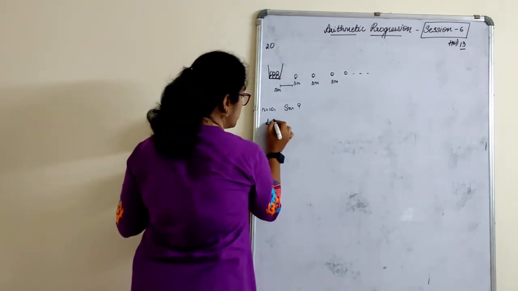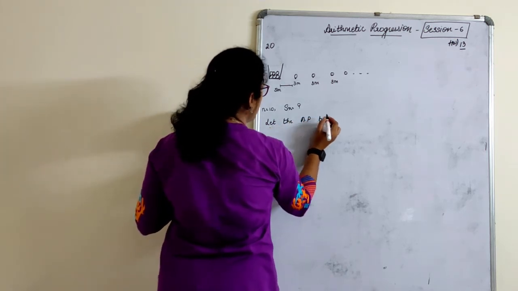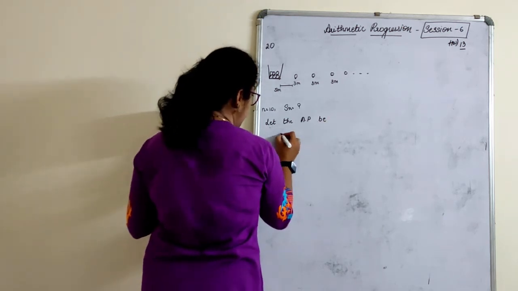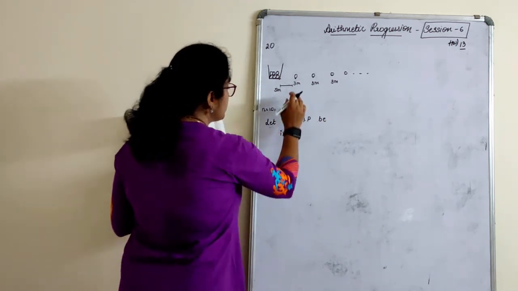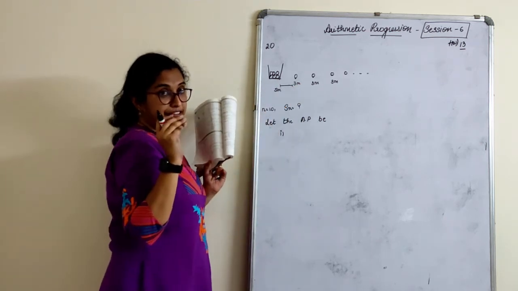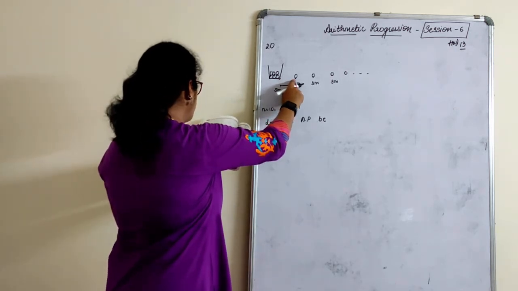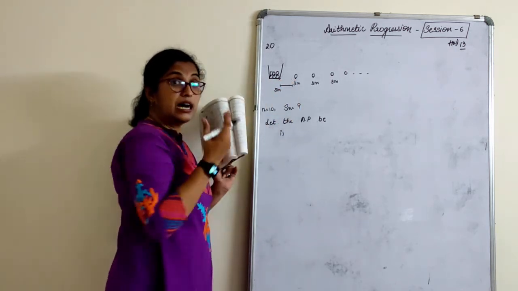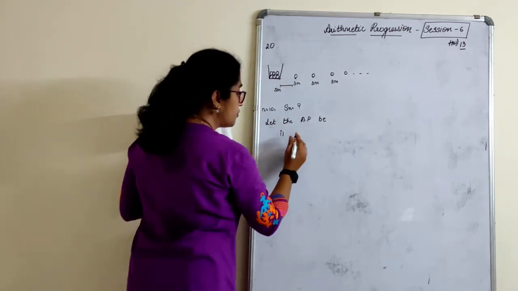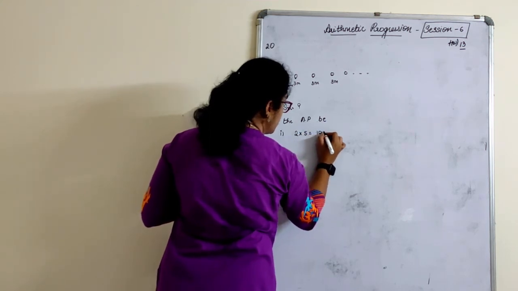Let the AP be. So now the competitor has to run for the first time. How will I write here? See here. For the first time, if I am running from here, how much distance, children? 5 meters. I run from here 5 meters, then what do I have to do? I have to again come back. I am going 5, I am again coming 5. So the first distance is 2 into 5, that is equal to 10 meters.